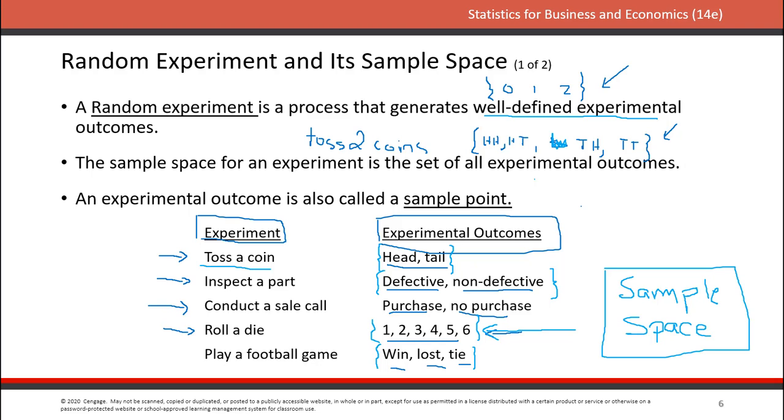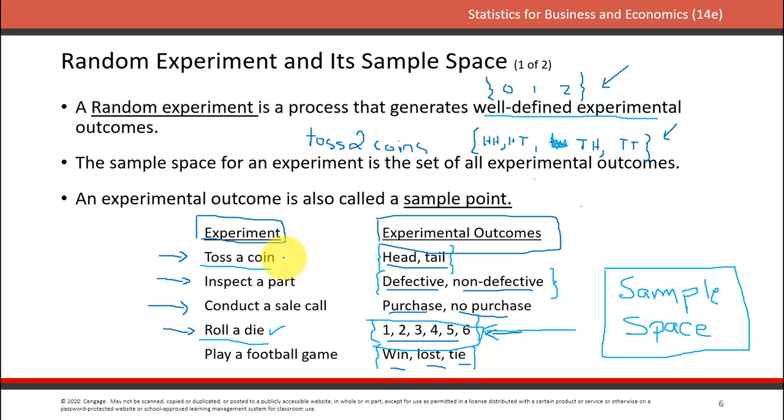So what is the meaning of that? It's the set of the outcomes. So here, for this experiment of rolling a die, what is the set of outcomes? It's here. So this is the sample space for the experiment of rolling a die. You could just say, what are the set of outcomes for rolling a die? These are the set of outcomes. So these are called the sample space.